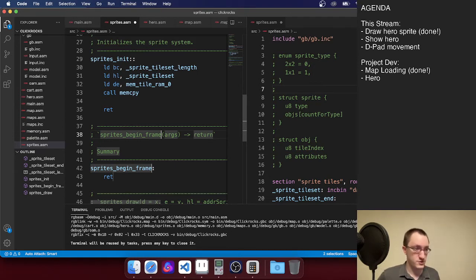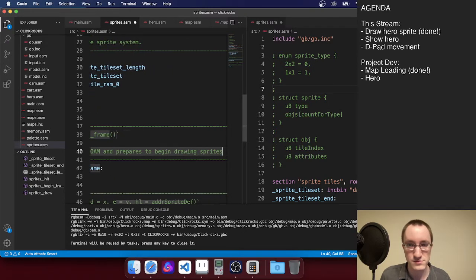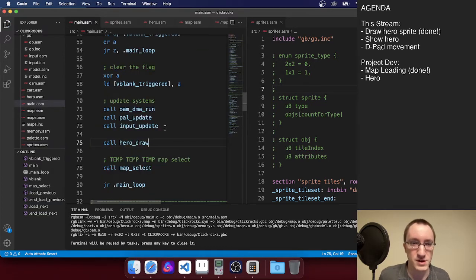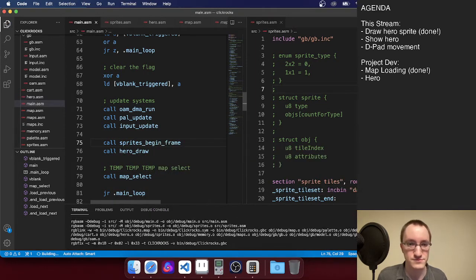So I'm going to call it after every call to dispatch the OAM data, and sprites begin frame is going to clear out my shadow OAM, and then I'll call sprites draw repeatedly, which will draw a sprite to shadow OAM, and then at the beginning of a frame I call OAM init. So let me stub out this routine, and then I'll explain what's going on with OAM and shadow OAM. I suppose I could close this, but I'm going to be using it so heavily in just a minute, so I'm going to leave that open. All right, and then in main,